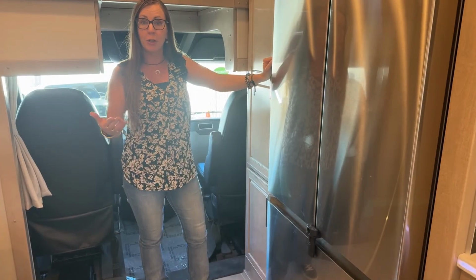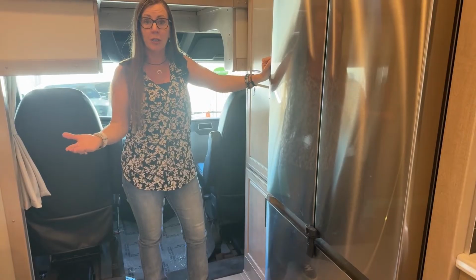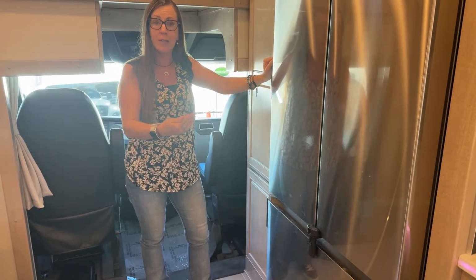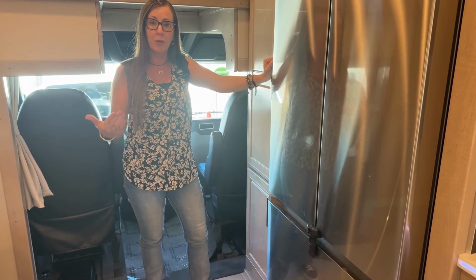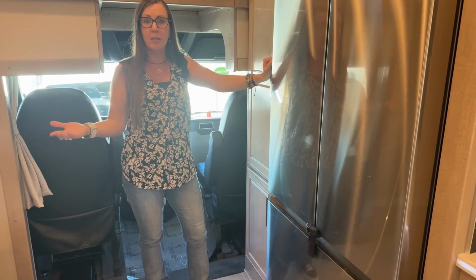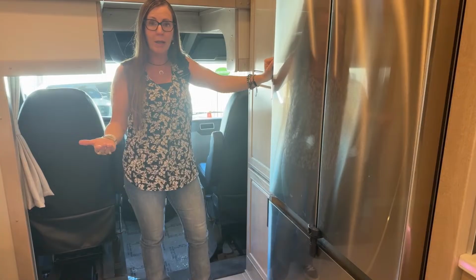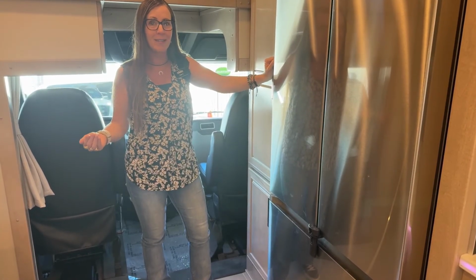The upgraded features in the future are going to be things like pedestrian notifications. It'll actually allow the coach to stop if there's someone crossing a crosswalk you might not see. And of course, these things are really important for big commerce drivers, but for those of us that are really tracking across the country and not really driving through major metropolitan areas on the regular, it's not such a big deal, right? So of course, we always like more safety, but one of the things that's happening is you're going